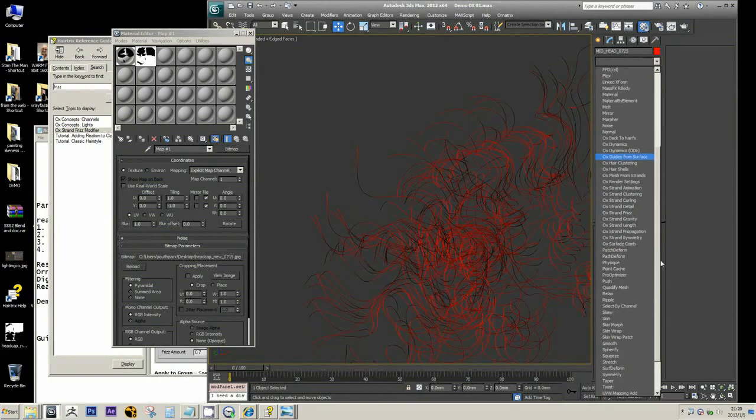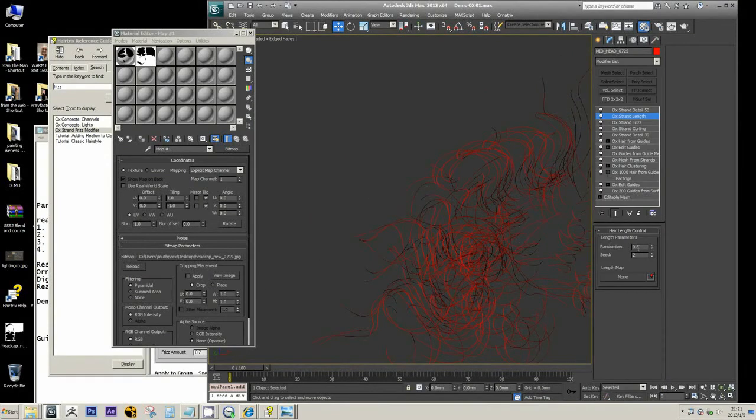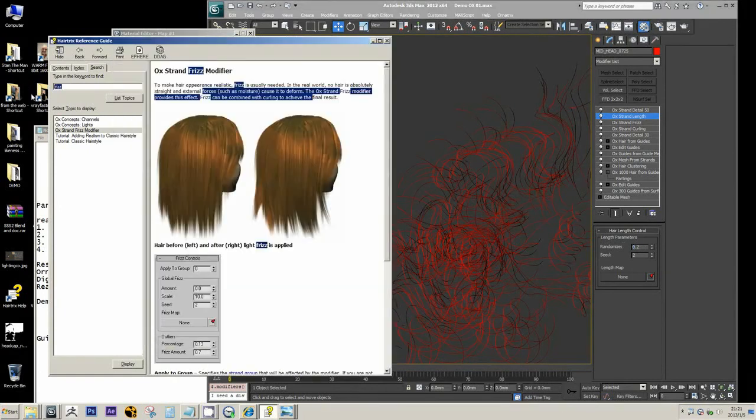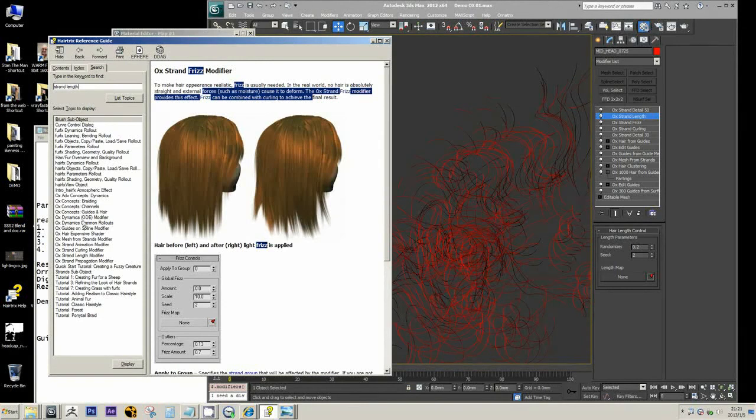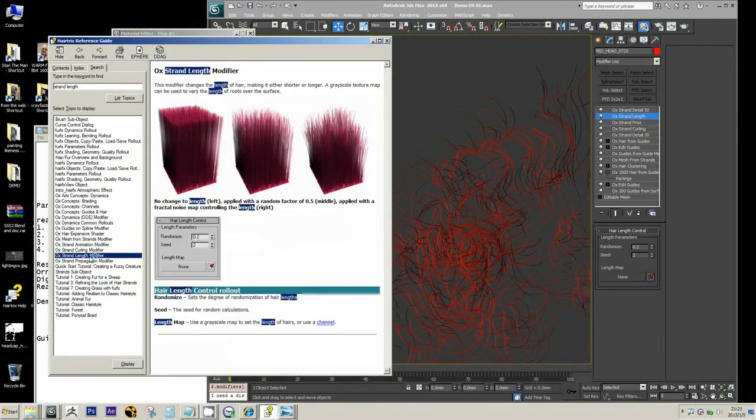The next modifier down the list is strand length. This is to add length. I think the default value is 0.2. To add length variation, let's just refer to the manual. Should be a very simple modifier. See, so very simple. This is also needed